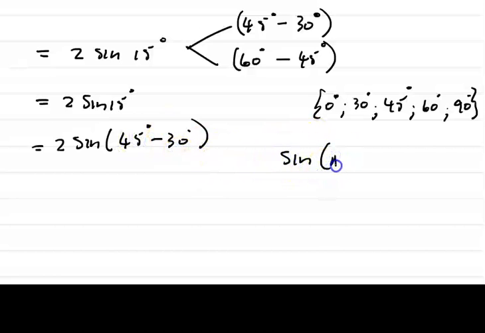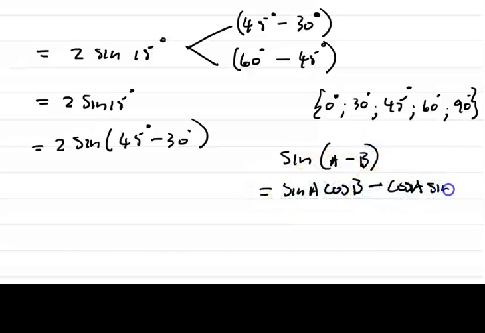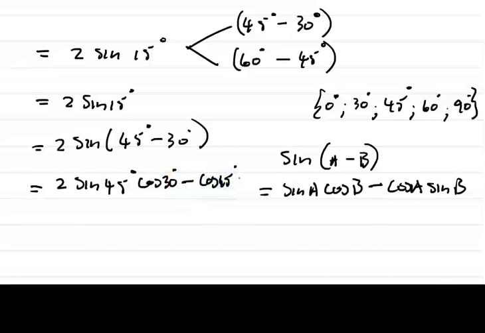Remember, sine of A minus B is equal to sine A cos B minus cos A sine B. So that'll equal 2 sine of 45 degrees cos of 30 degrees minus cos 45 and sine 30 equals